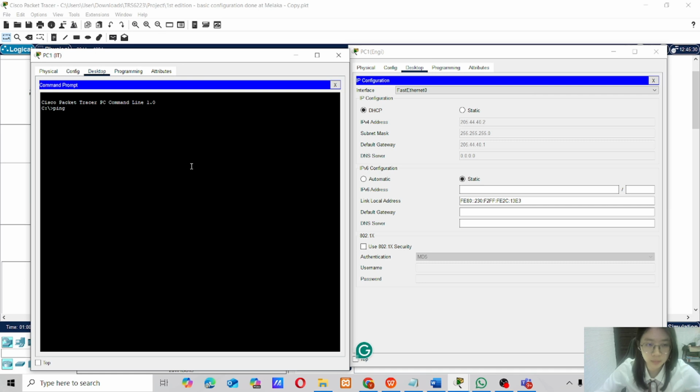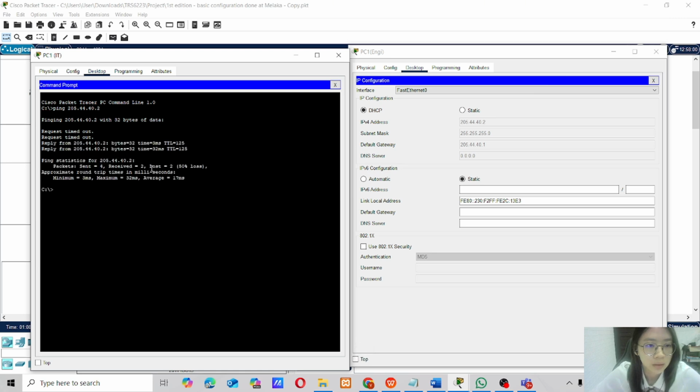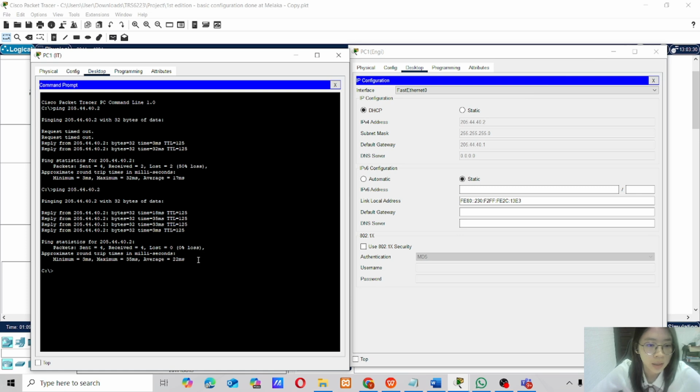So we will ping from the VLAN 10 to VLAN 40 using the ping 205.44.40.2. Let us see. If it is successful, it means the inter-VLAN routing is completed and can run for the system. It is normal that it first shows request timeout, and when we try again, it will receive all 4 packets. So from this test, we can now